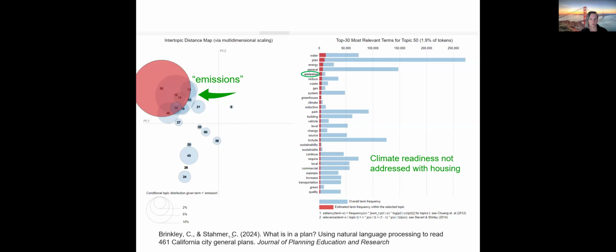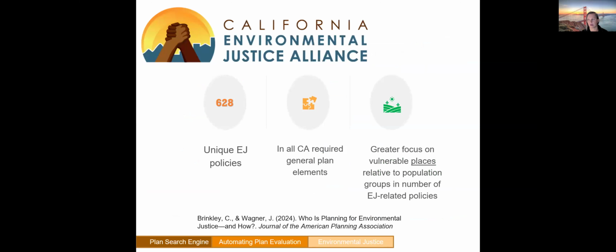So this is something that we're taking back to the state. We're also able to use topic models to pull out individual policies. So for this paper with Jenny Wagner, we looked at which plans had the best topic fit for planning around environmental justice. And we use topic modeling because there are some jurisdictions that plan for environmental justice, but don't call it that. They'll call it health equity, for example. But with topic modeling, you can capture all of the affiliated terms. And in just 7 of the 482 cities, just 7 that had the best topic fit for environmental justice,